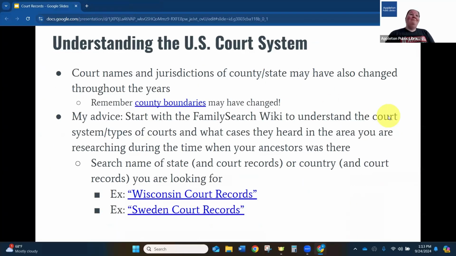And like I said, my advice when you're not sure where to start, or not sure what the access is or where records are, if they're online or offline, or how to even understand the different types of courts, the different names of all the courts in an area, and what cases they might have heard, you want to start with the FamilySearch Wiki. So we've talked about this a few times throughout our sessions. This is the really great starting point that gives you a really great overview of all of the things. So what you can do is you can put in the name of that state and the words court records,